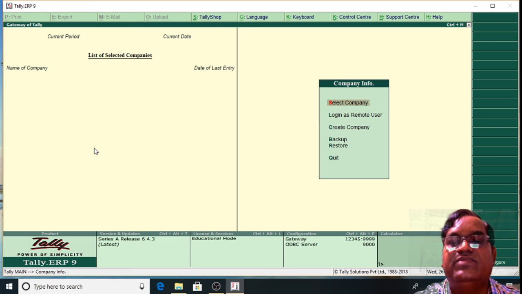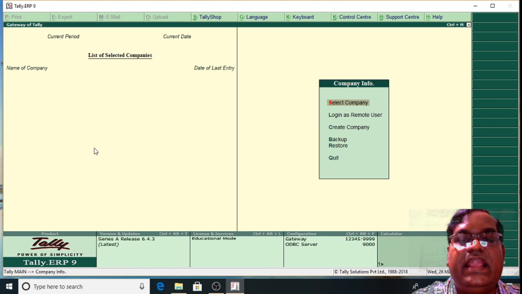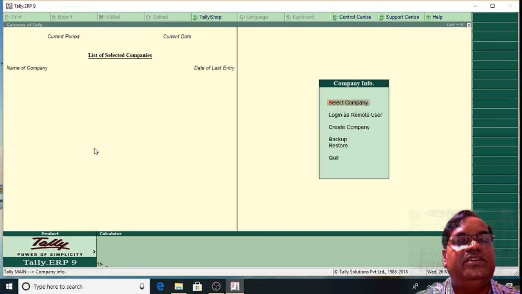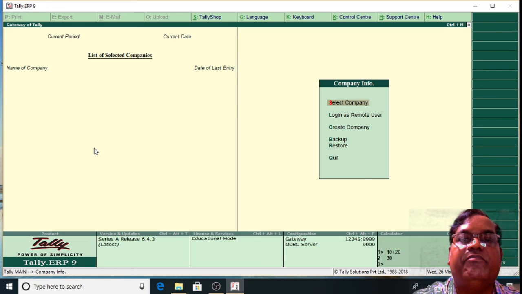So press Ctrl N. When you press Ctrl N, you are going to jump to the calculator where your cursor is blinking. Suppose I want to do some addition like 10 plus 20, then it is going to show the answer as 30. If you want to go back to the company info menu, press Ctrl N. So you are going to get back here.